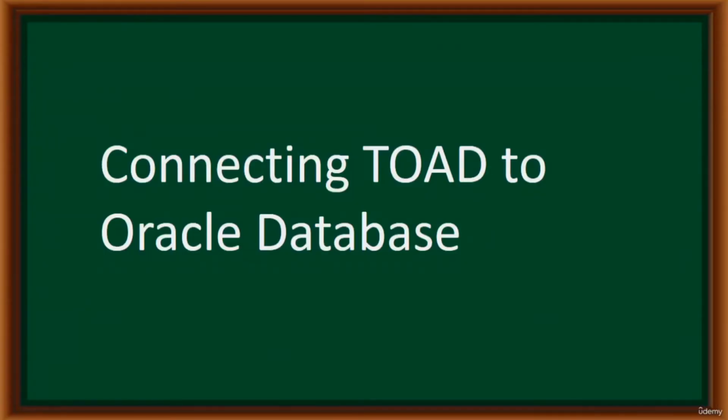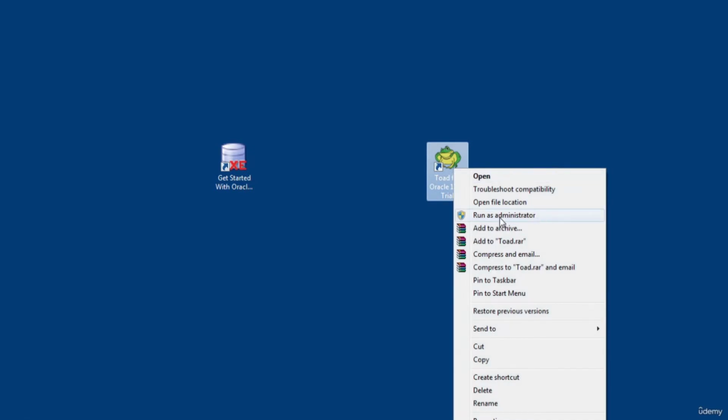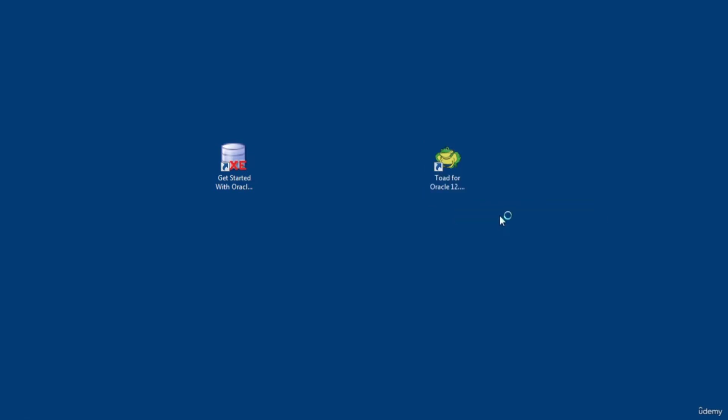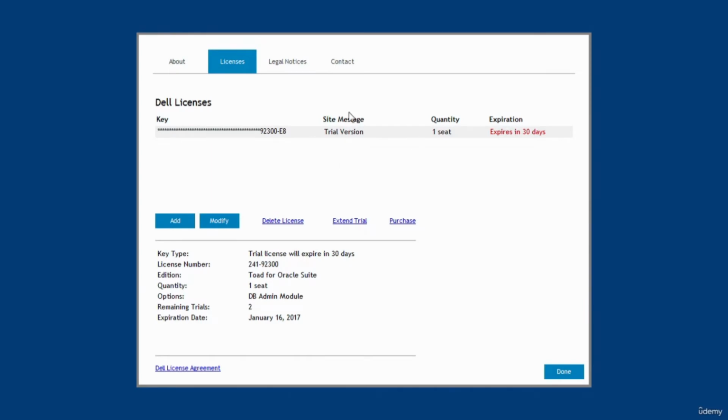Hello, in this lecture we are going to connect Toad to Oracle database. To begin, right click on the Toad for Oracle icon and click on Run as Administrator, and just click yes if you get a prompt. So it's trying to load the interface for Toad for Oracle. All right, so it gives you some bits and pieces. It tells you that you've got one seat and it expires in 30 days. So just click done